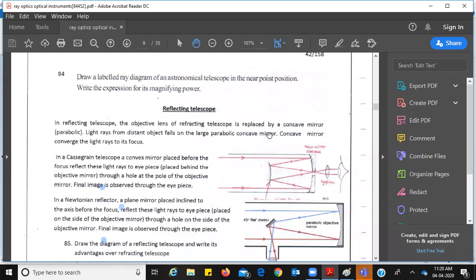So what you do in a reflecting telescope, you're replacing the objective lens by a large concave mirror. These are the advantages of reflecting over refracting. The basic advantages are